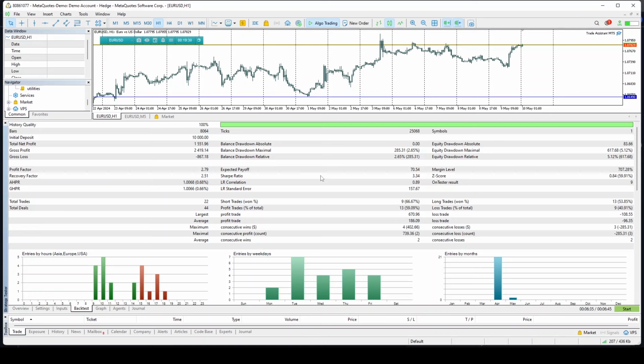You can see the Sharpe ratio is about 3.34, right? The Sharpe ratio ideally should be above 1. Okay, so this is really good. And the percentage of profitable trades is about 59%. Okay, so anything above 35%, as long as the RR or the profit factor is greater than 1,